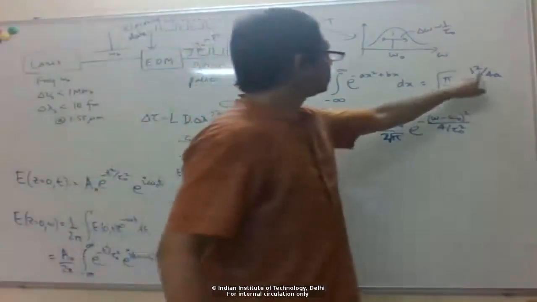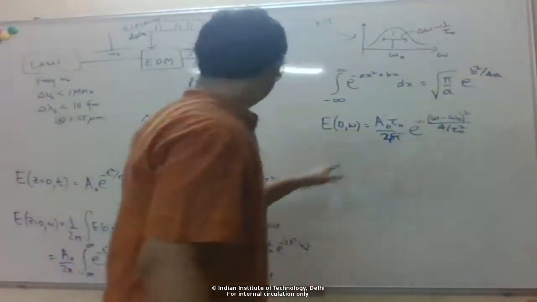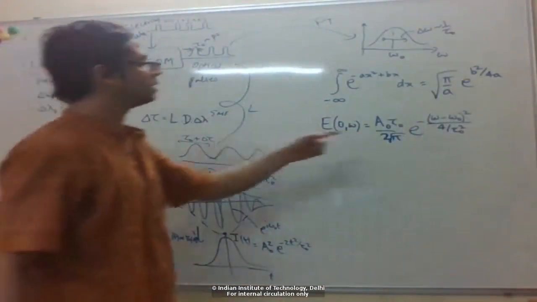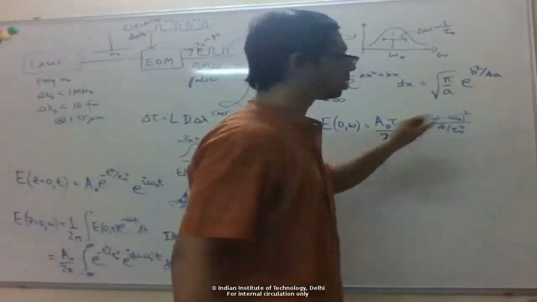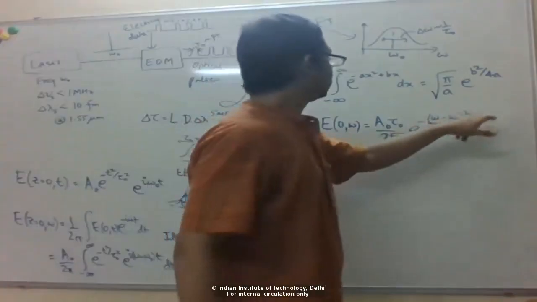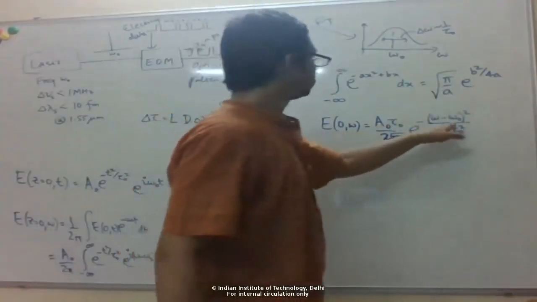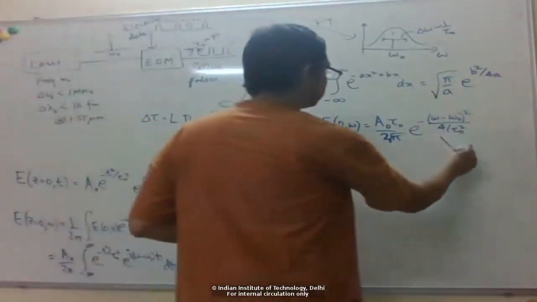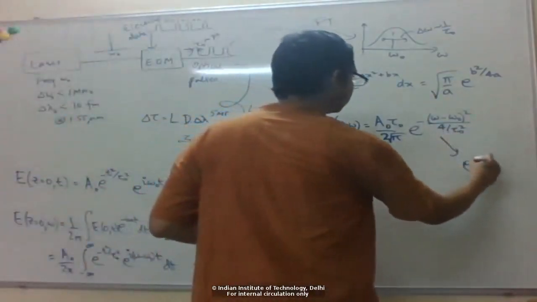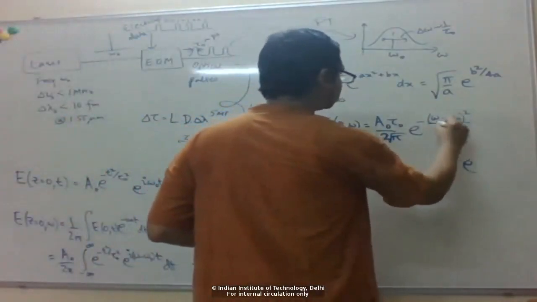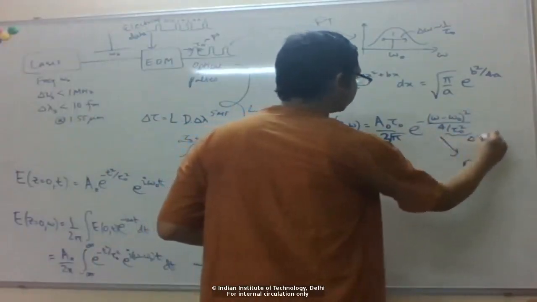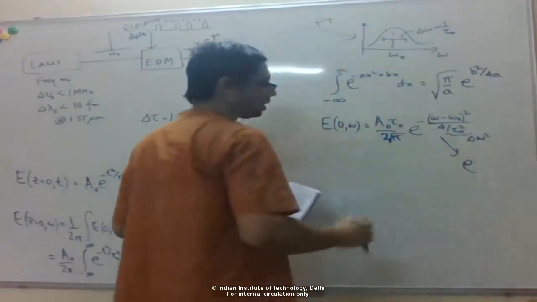Right, so we have e to the b square by 4a. So b is again i(omega minus omega naught), so b square is minus (omega minus omega naught) square. And then a is 1 over tau naught square, so we get 4 by tau naught. Okay. So again, if you write this as some Gaussian function, this is a Gaussian function centered at omega naught, and the width, this is delta omega. If I write it as delta omega square, then